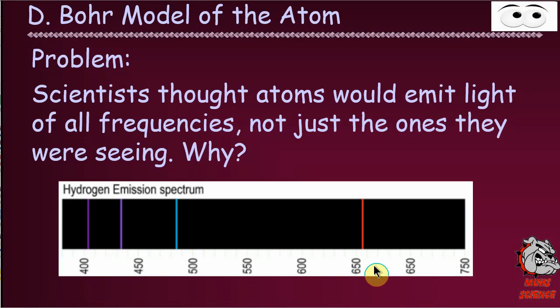The problem was that scientists assumed and hypothesized that these atoms should be emitting light of all colors. There should be white light coming from them. So why in the world was it these specific frequencies, and why did every frequency vary with every atom? Because even if an element emitted red, it wasn't the same red photons that were coming off of the hydrogen atom. They were different photons coming off. This is a major problem, and in order to discuss that problem, we've got to talk about how electrons are